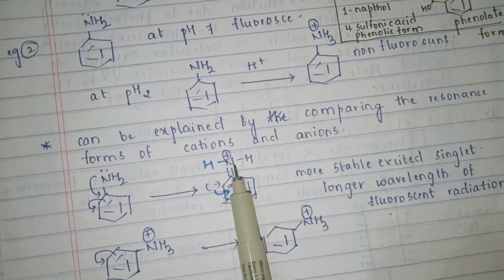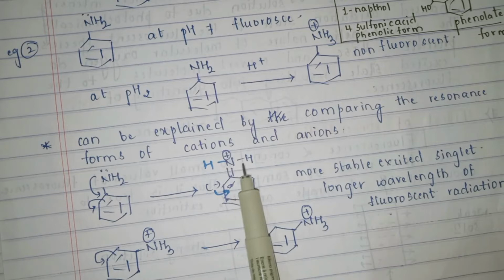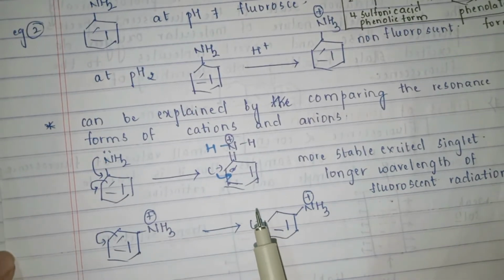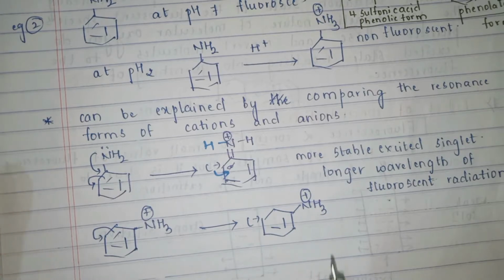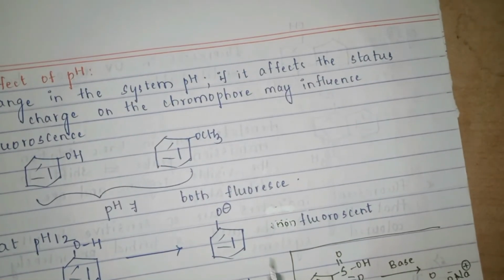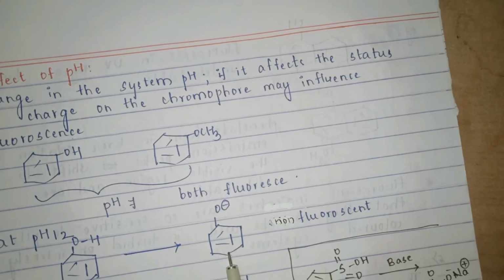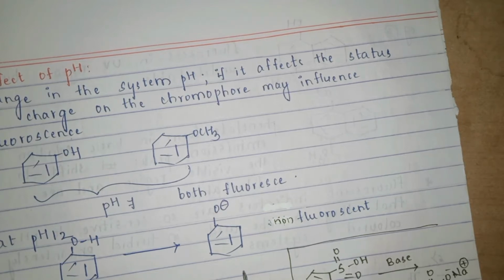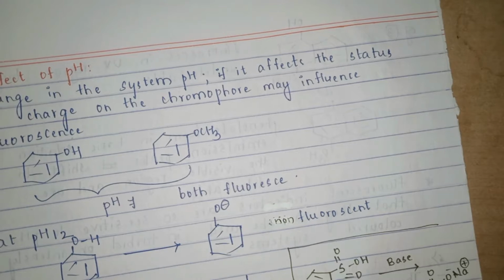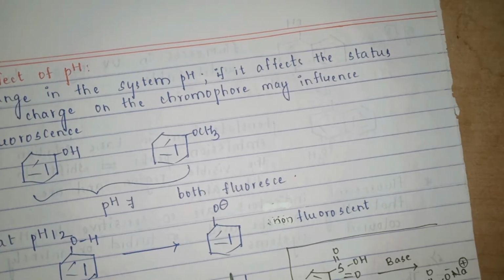Once I lose this lone pair of electrons to an acid, there is a proton, a kind of system with a positive charge where there is a loss of a lone pair of electrons. Then obviously I will be losing many resonating structures. Once we lose many resonating structures, the fluorescing capacity of the molecule also decreases. Now the obvious question may be, there is a negative charge on the phenolate ion, so why is it not fluorescing? It is fluorescing, but the capacity of the fluorescence decreases because there will be fewer resonating structures with the phenolate ion.